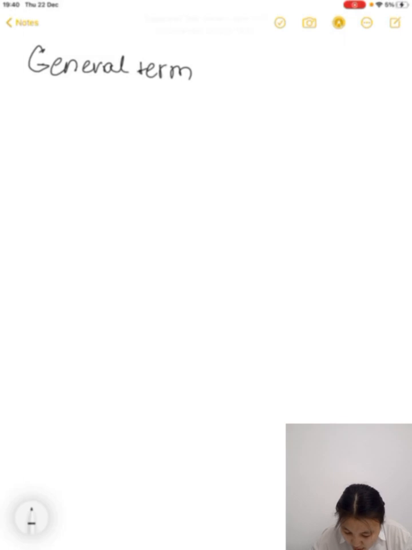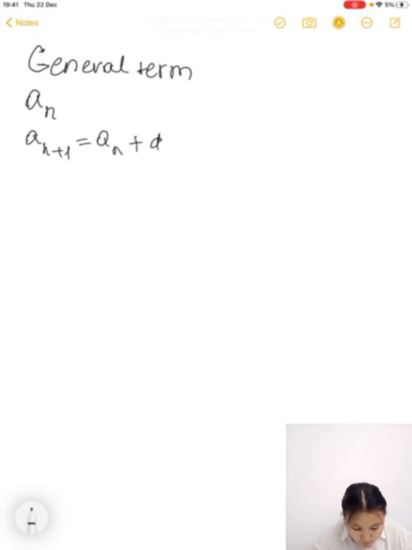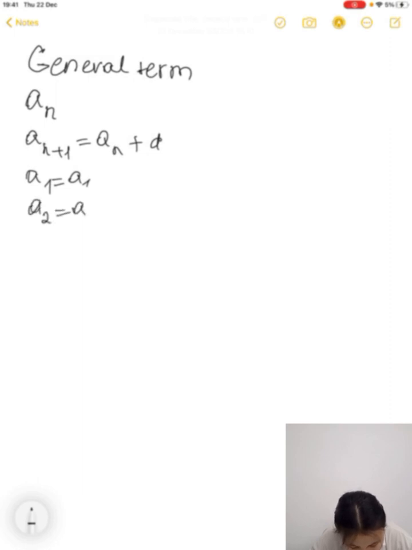The formula is derived as follows: if a sub n is arithmetic, then we only know that a sub n plus 1 is equal to a sub n plus d. Let us write a few terms. A sub 1 is equal to a sub 1, and a sub 2 is equal to a sub 1 plus d,